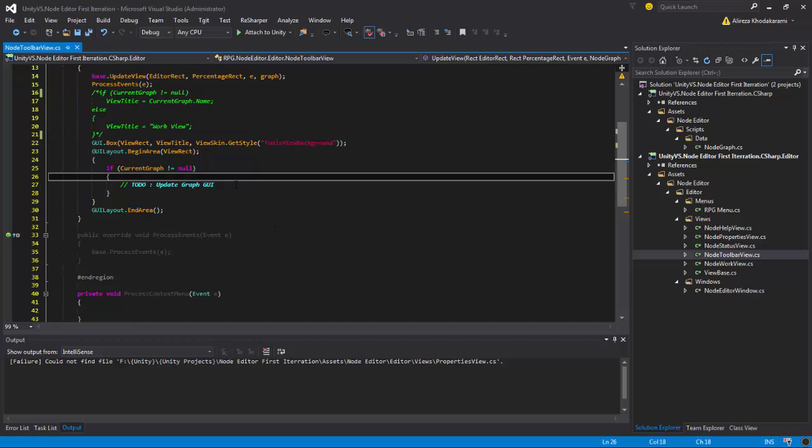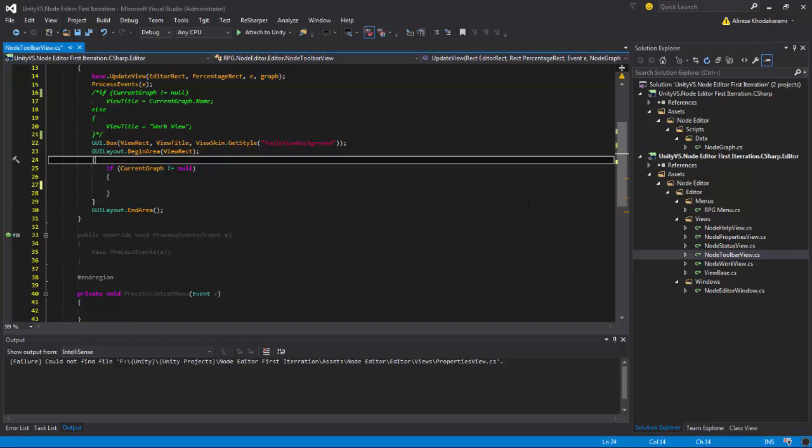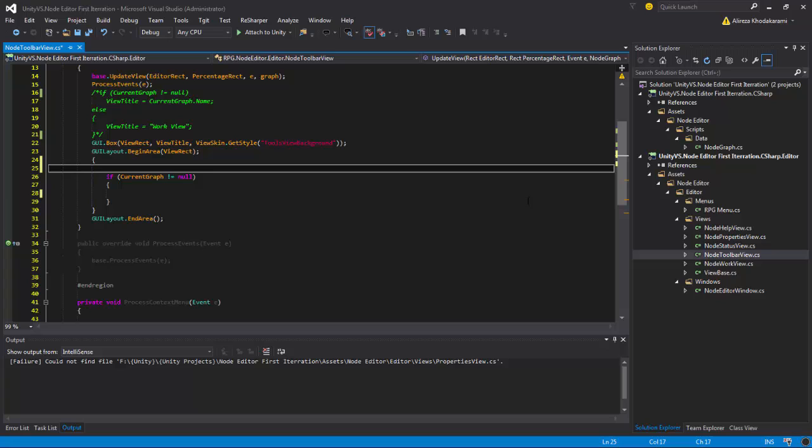So tools. When we are going to update the GUI, and let me keep my notes up. Okay, before we go for the current graph,